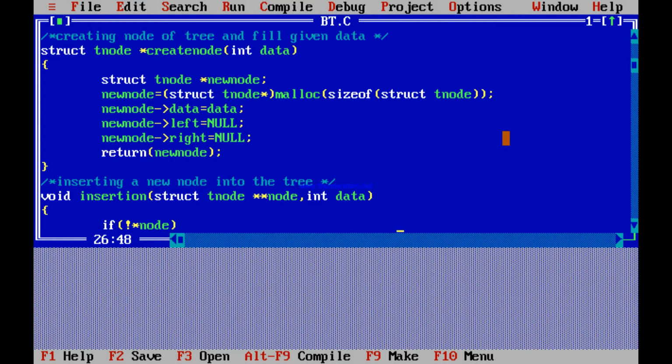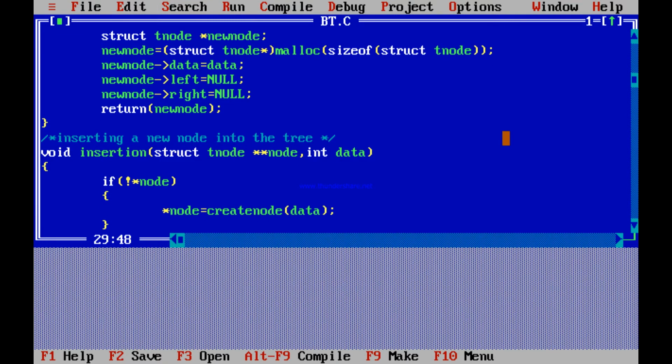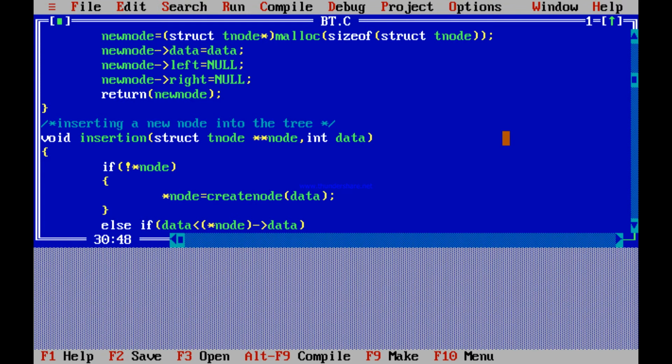Now, inserting a new node into the tree. How can we insert a new node into the tree? So void insertion, struct tnode **node, int data. This is how we insert the data. In this if condition, if node is null, then node is equal to createnode(data), so it will create the node with the data.